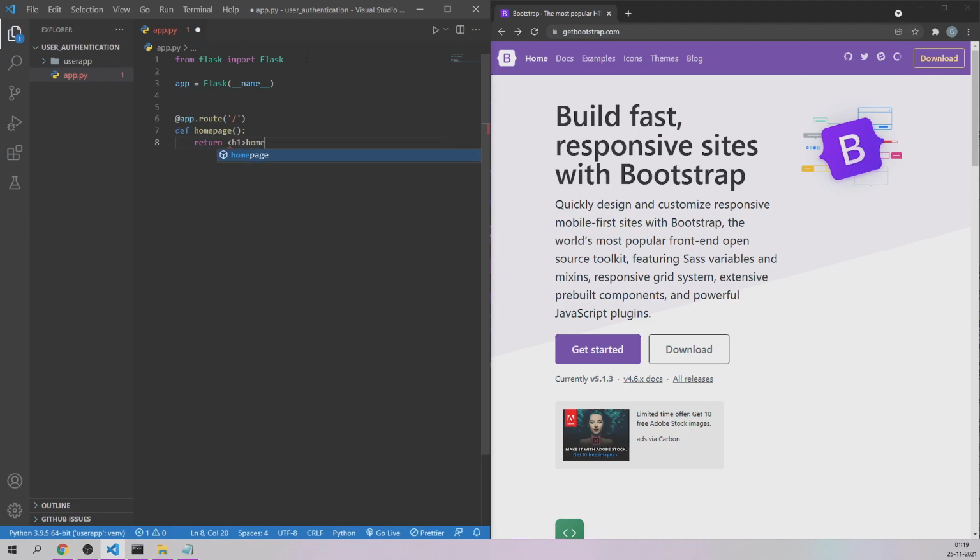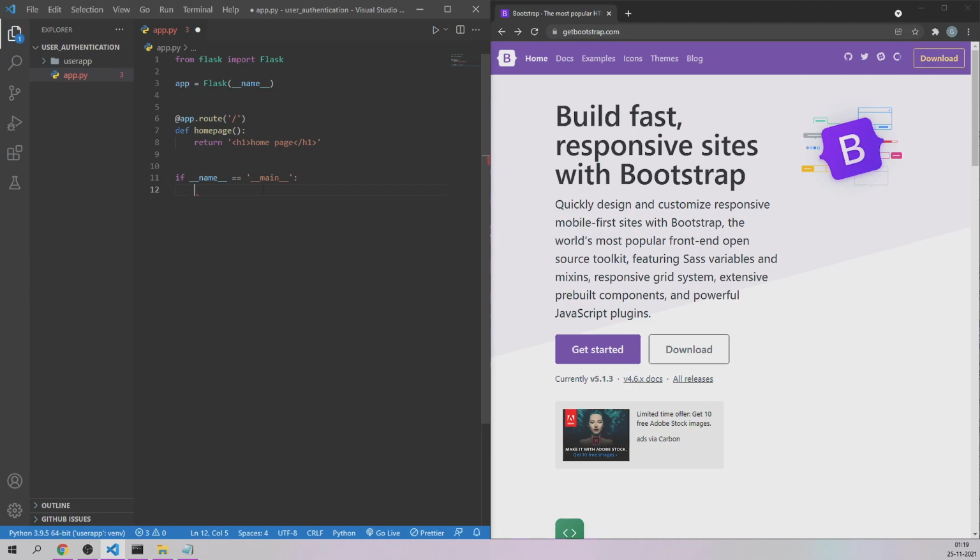I'm going to say home page in an h1 tag, close it, and that's it. And this return part, I will have to keep as a string, so the whole thing I'm going to keep in either single quotes or double quotes. So we have created a function which takes us to this particular route, that is just forward slash, and it opens up the application. Now all you have to do is write if __name__ is equal to, and in single or double quotes you can say __main__, that is the module of this particular file.